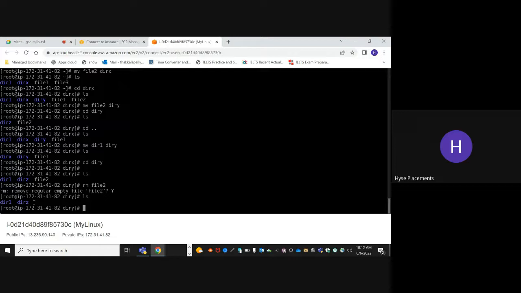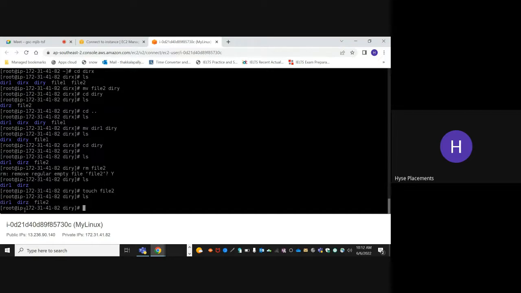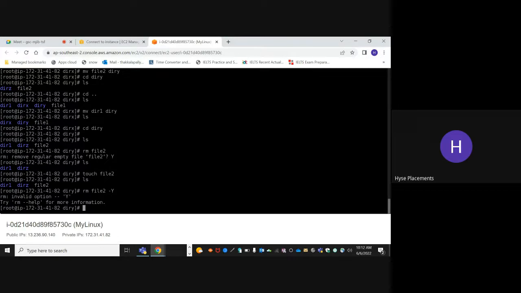rm. So let's create that file again. touch file 2. ls. Okay, directory 1, directory Z, and file 2. If you want to remove file 2 without the confirmation prompt, the command is rm, file name file 2, hyphen y. rm